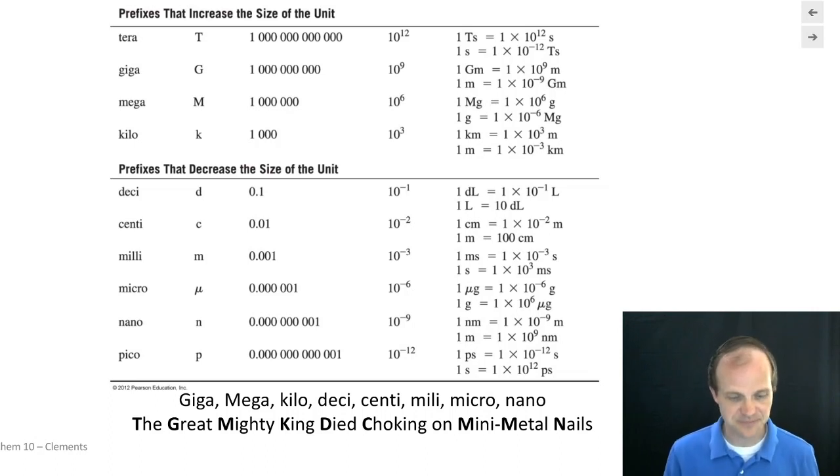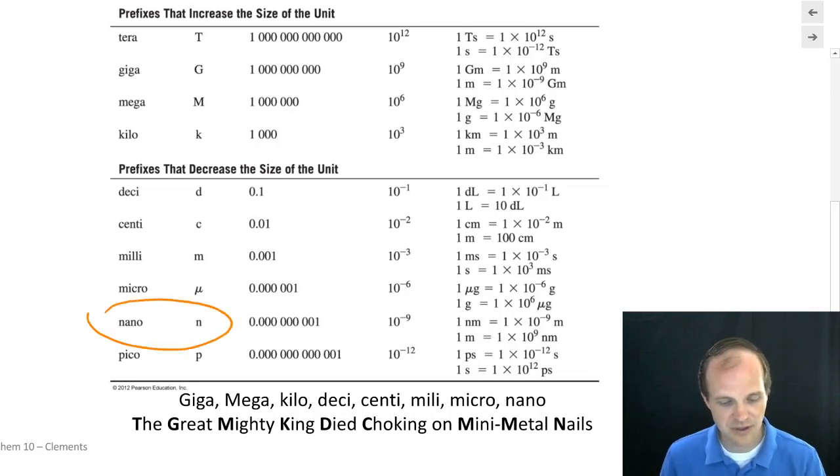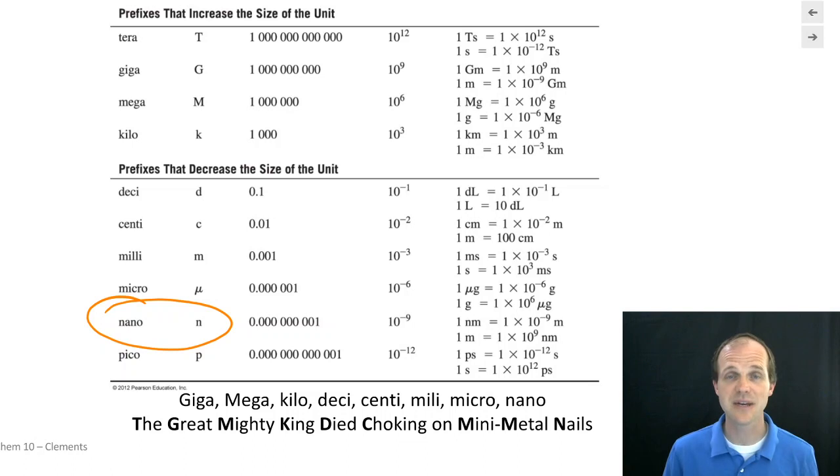Crazy stuff. Nano, you've probably heard of nanotechnology. People talk about that. It's kind of a buzzword in many different places. What is nano? It's 10 to the minus 9th. That means you're looking at a billionth of something. And again, you can put it in front of any unit. You can have a nanometer, you can have a nanogram, you can have a nanosecond, and you could have nano